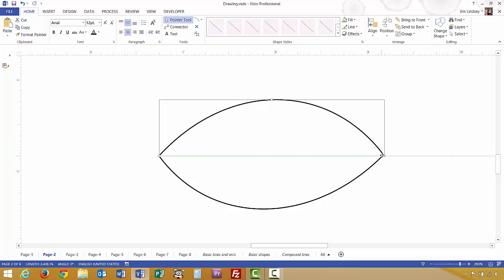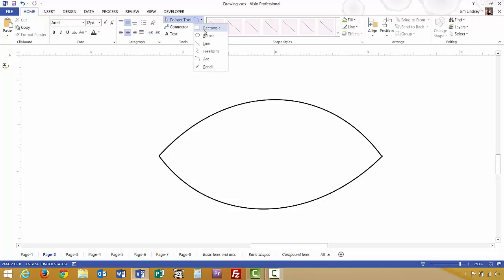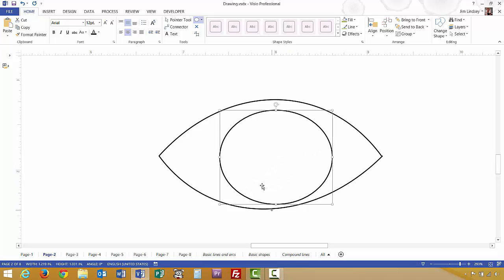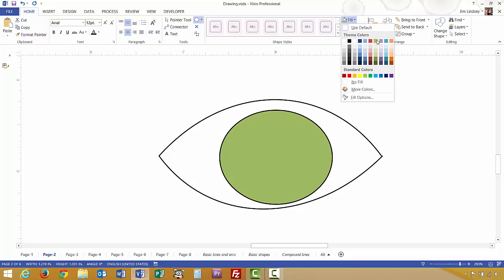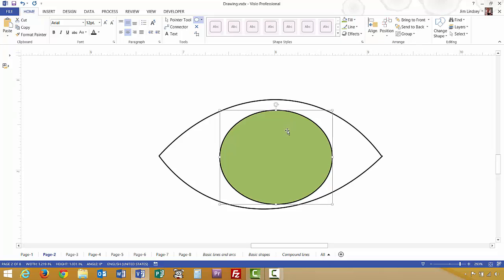And then with the circle, or the ellipse tool we learned about a second ago, I'll come to this thing and start to draw like the iris of an eye. Let's say I wanted to put some color into that. All I have to do is come up to the fill here. Say I want to make a green eye. So there's a green eye, and of course in the middle of your eye is the black part, your pupil,